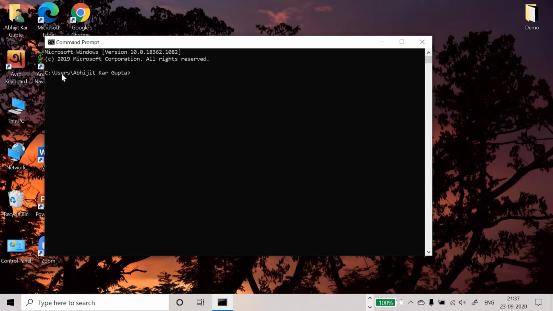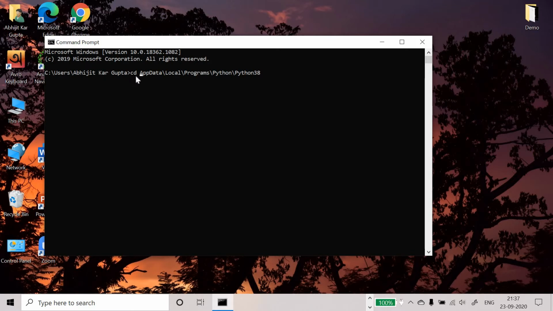See, it's already C:, Users, Abhijit Kargupta, right? So you can actually paste it or you can type it. Until this name was there, you remove all those things. Okay, so here you have to write CD. That means you are already here. C:, then Users, then Abhijit Kargupta, this username, and here is the command line.